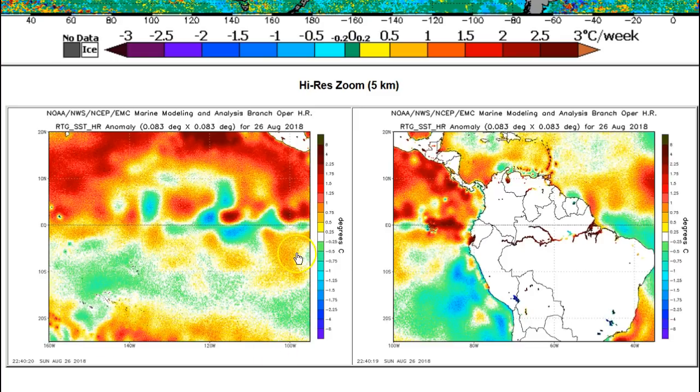So what do we have? Well, this is sea surface temperature anomalies. The reds are warmer than normal, and you can see we have a lot of warmer than normal water along the equator. The interesting part here is it's all north of the equator. Yeah, there's warmer than normal water south of the equator, but it's very lightly warm. All the concentration is north of the equator, and the area we're really interested in, the official El Nino monitoring